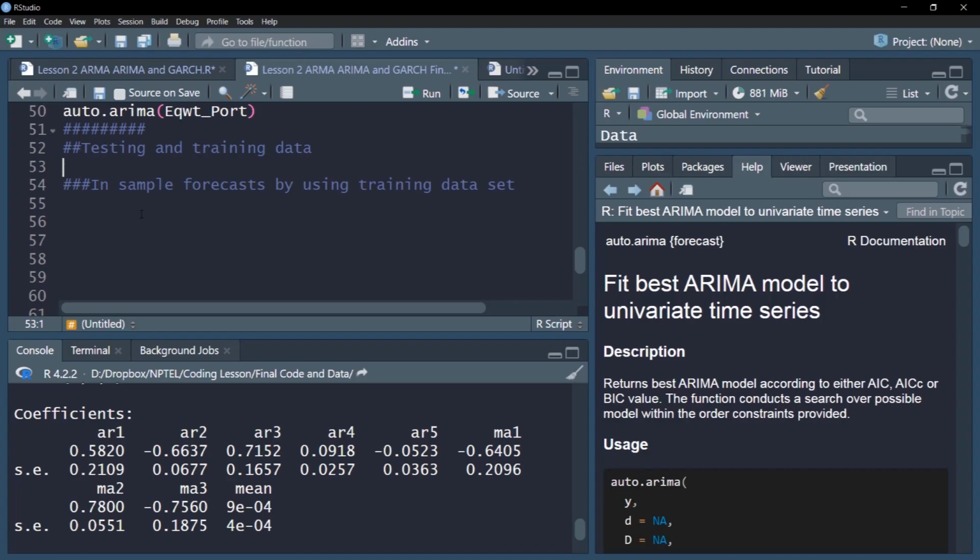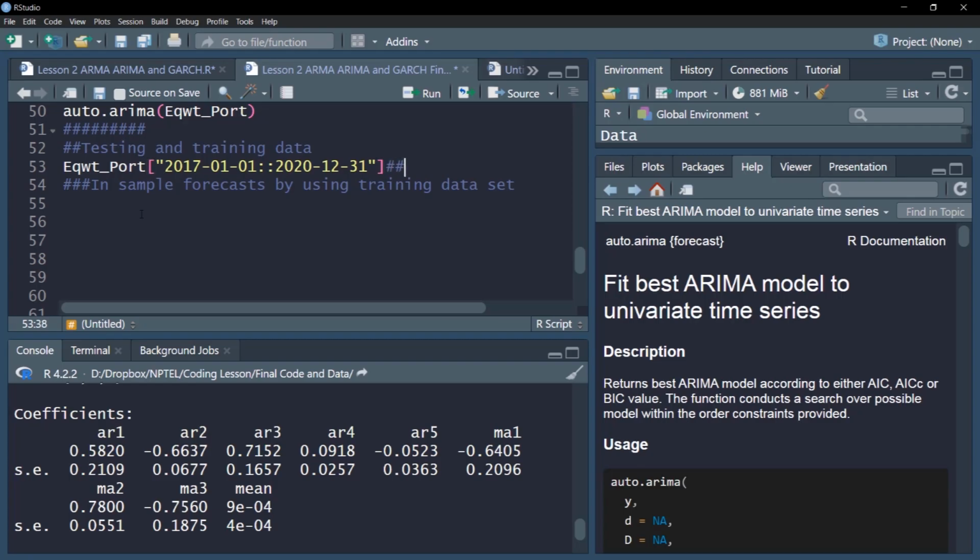For that, I'm segregating this equal portfolio object into two segments. One is starting from 2017 Jan to 2020 December. This is my training data. So this is my training data from 3-year data.